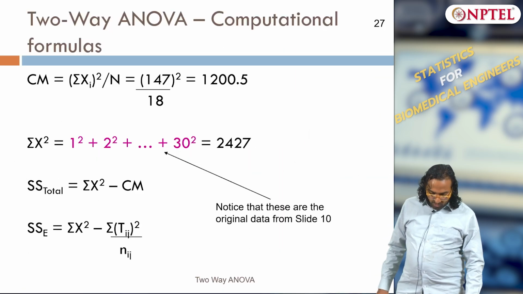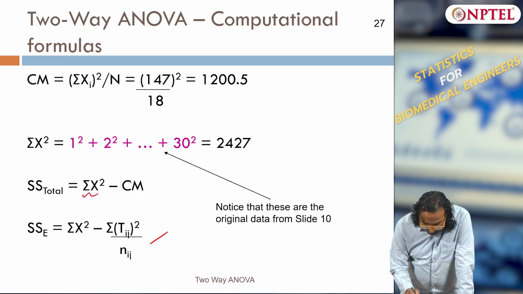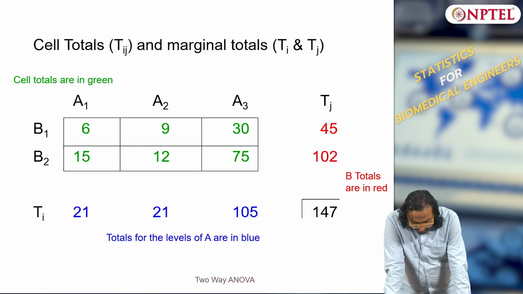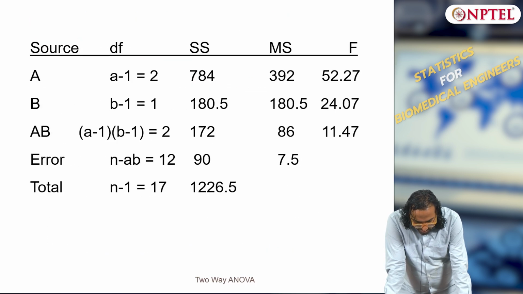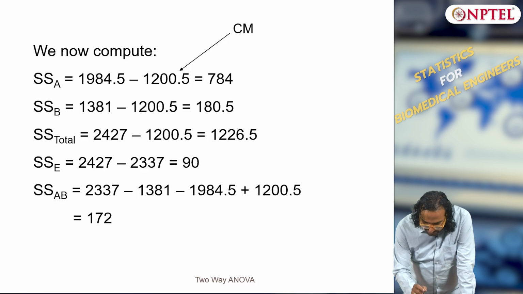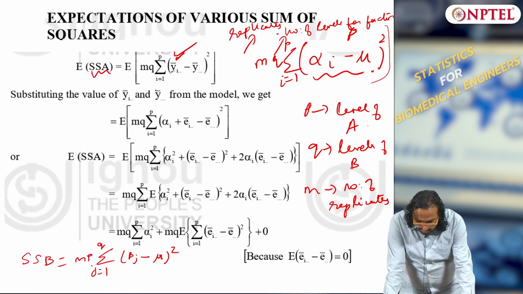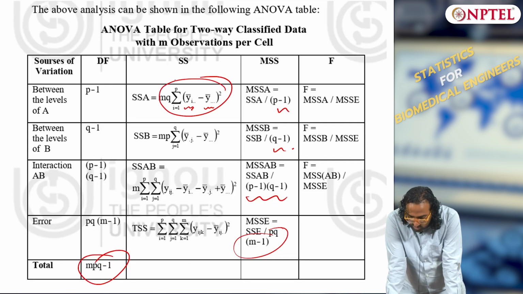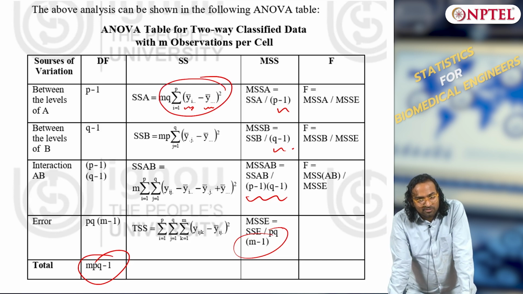So here is what we do. The sum square total, okay, sum square total is what? Whole data minus the common mean. The common mean is sigma xi square by n, whatever, right. So here I have used the same idea. Basically this is what yij minus, what is this part, sorry, this one. You can directly use this formula, you do not need to simplify it even, because every value is known to you. You can compute yi dot for each i.